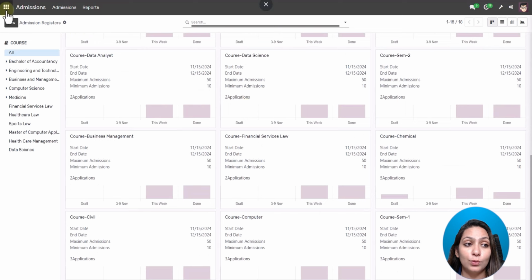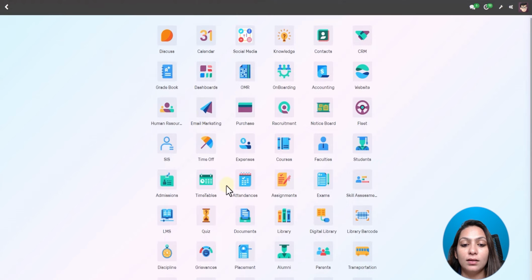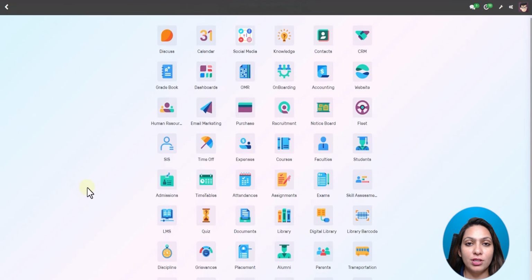Now let's go to the main menu and let's understand the timetable, to manage all the classes and generate a timetable for all the courses with each batch. How does the timetable module of OpenEducat help? Let's understand. So I'm going with the third module, which is the timetable.